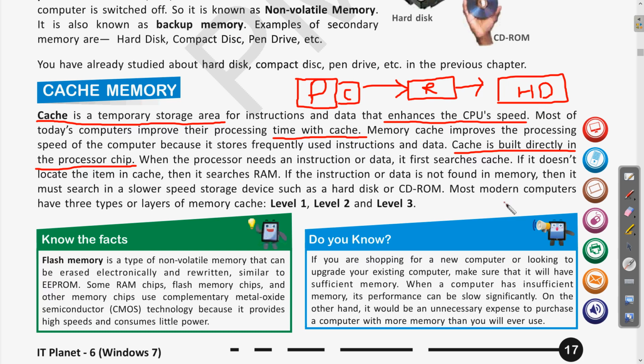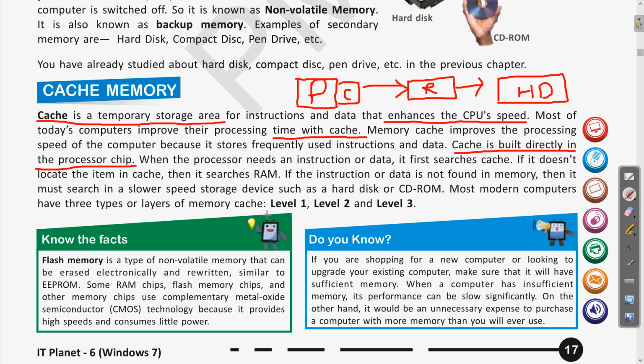Okay, let us read this again. So we have seen that after the data is not found in the memory, it searches in the lower speed storage devices such as hard disk or the CD-ROM. Most modern computers have three types or layers of cache memory, that is level 1, level 2 and level 3.